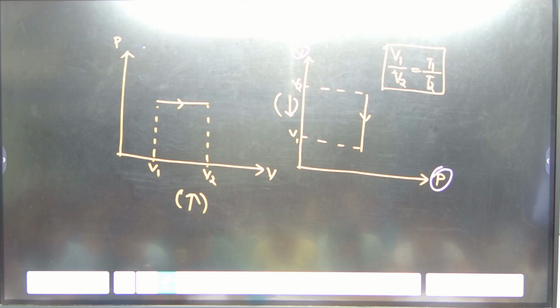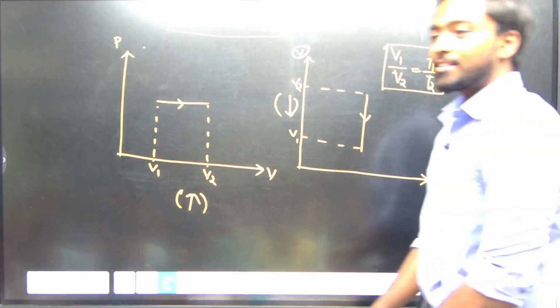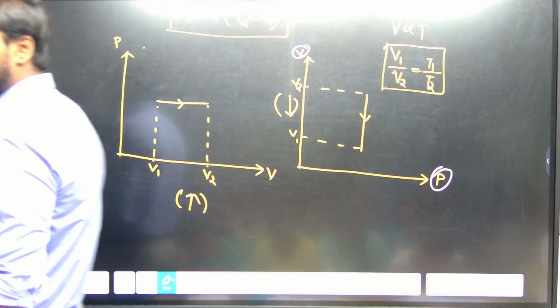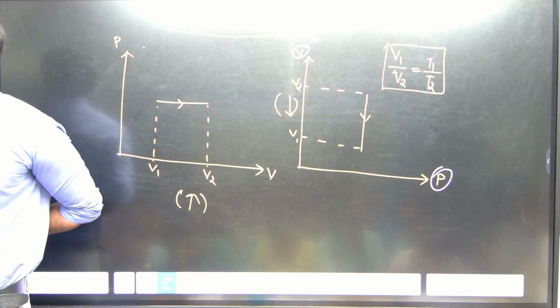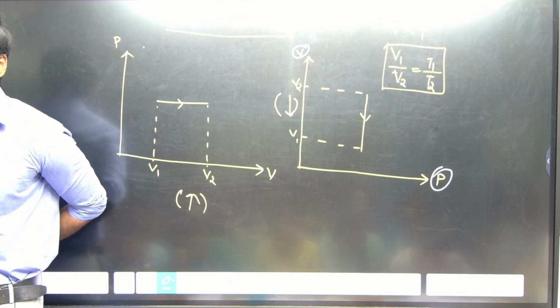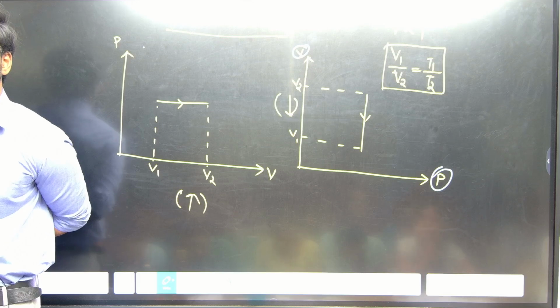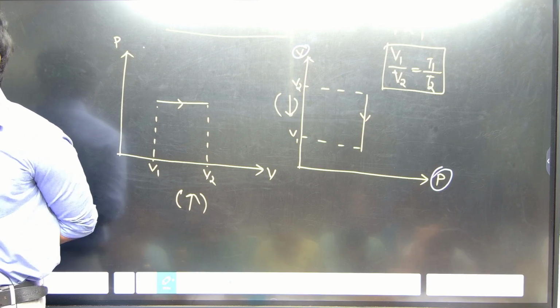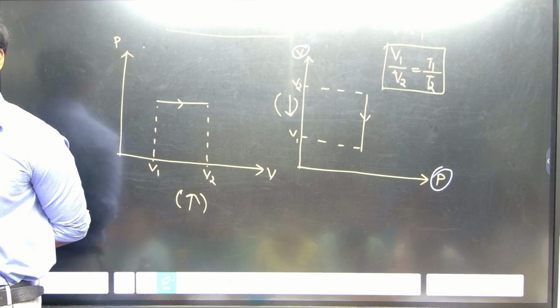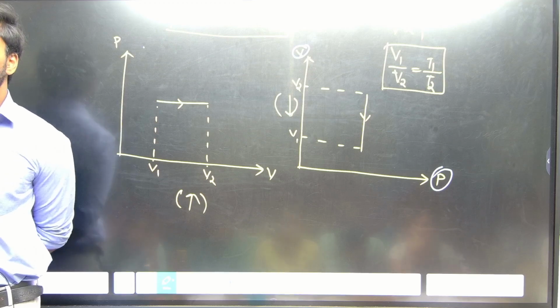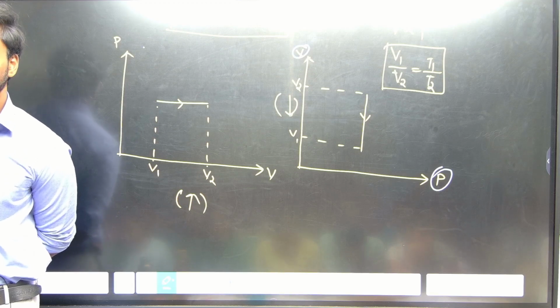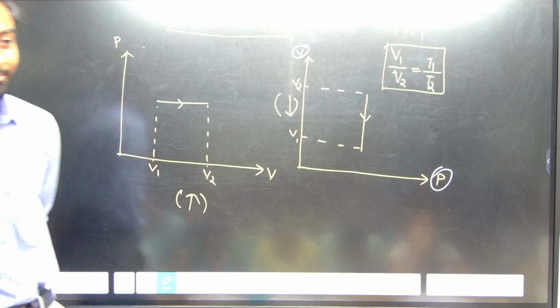So what will be the slope of the graph? Slope of the graph. Pressure versus volume. The graph is a horizontal line, so 0 will be the slope. See,